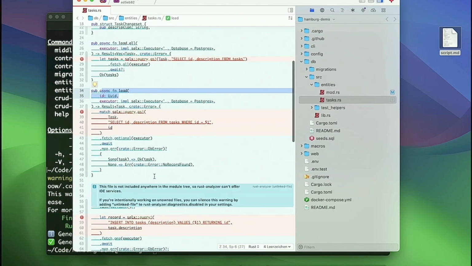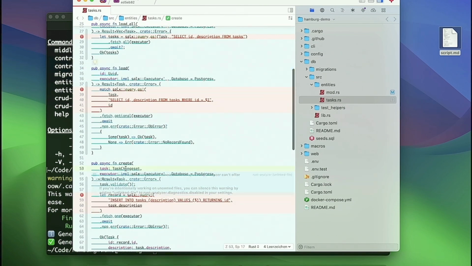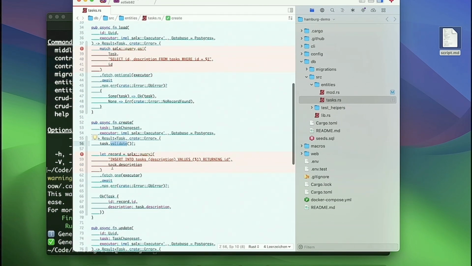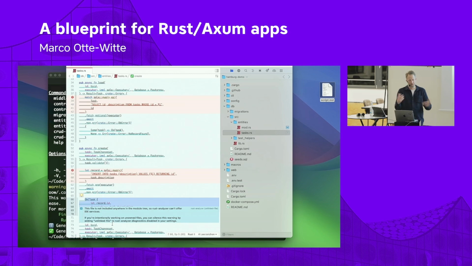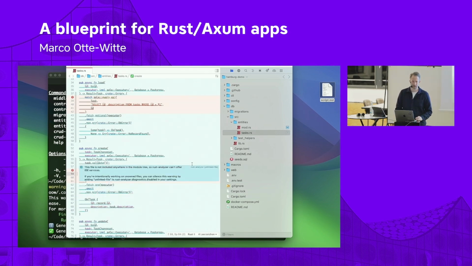We have a create function which takes a changeset. Like I said before, it validates that. If it's valid, it inserts a record into the database and then returns a task, right? With the data from the changeset applied to the task, and the ID is auto-generated by the database, and so on, right? So we always have these standard functions instead of like a